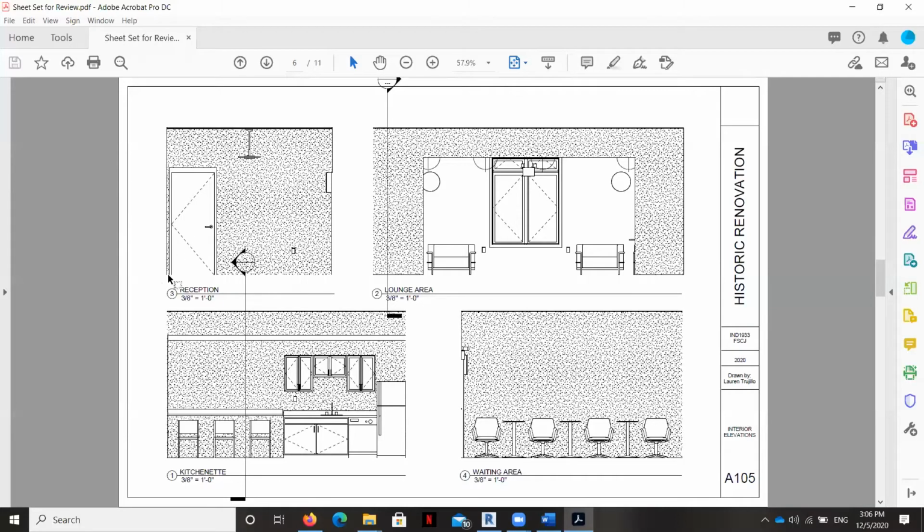What I do want to do though is make sure that the crop window is showing here, and all you would do to select that would be to click on the crop window and right click and make sure that it's unhidden in view. Sometimes it still gets hidden and it just doesn't look quite right and it's hard to fix. And so when that's the case, all you would do is go to the annotate tab and hit a detail line and just draw a little box around this. And that makes it so that it appears that there's a crop window even if it's not showing up very well.